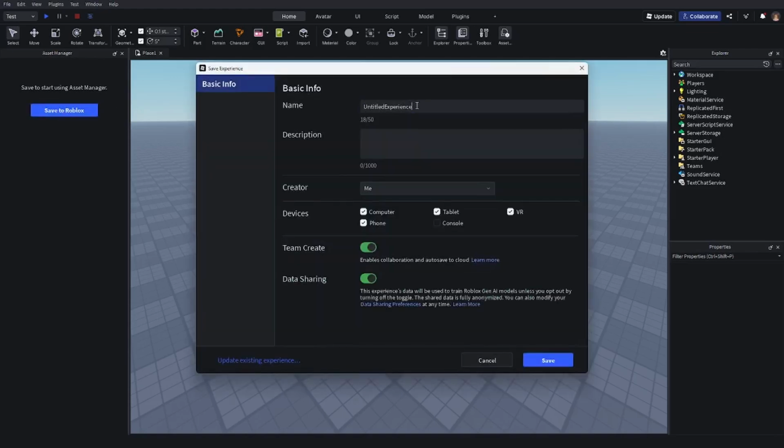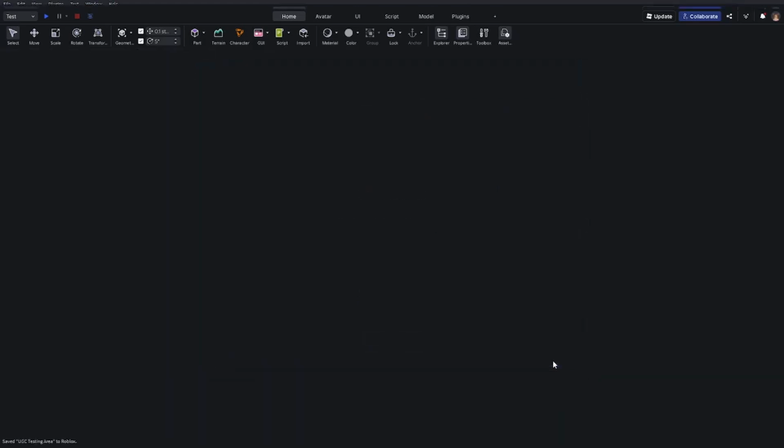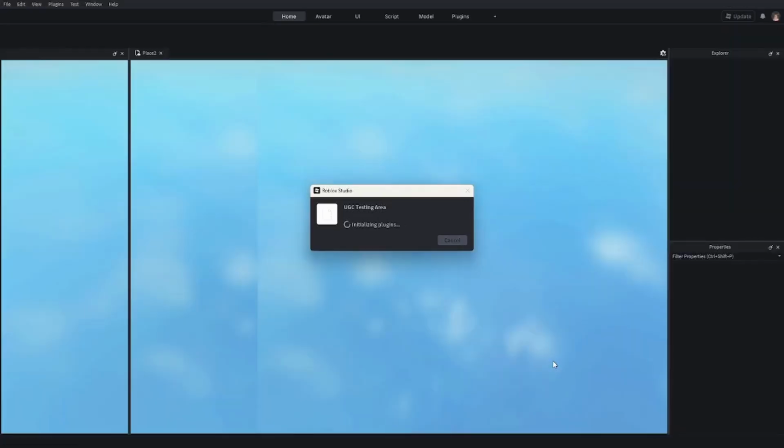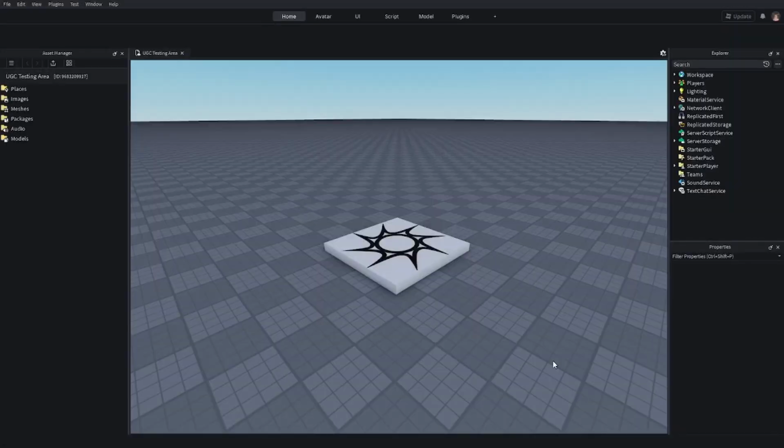So click on Save to Roblox. Be sure to give it a name, anything you want, and then you save it. This will allow you to upload models and other things to your experience. Now, you're not wanting to create a game, of course, but you do need a game in order to upload the UGC. So it's going to load for us, and then we will see over at the far left corner